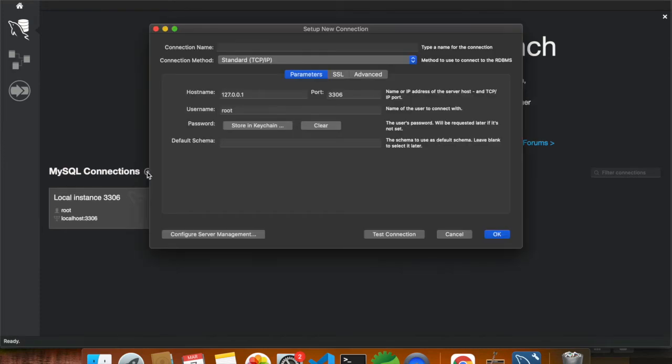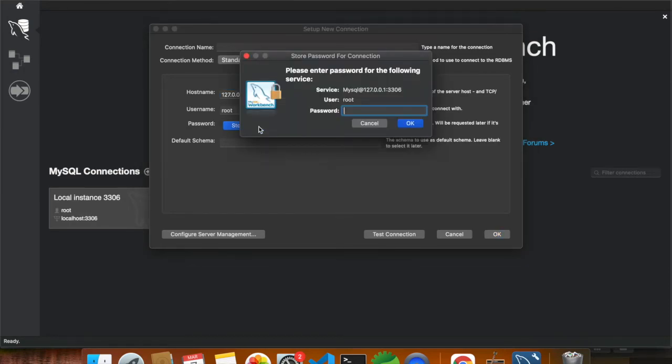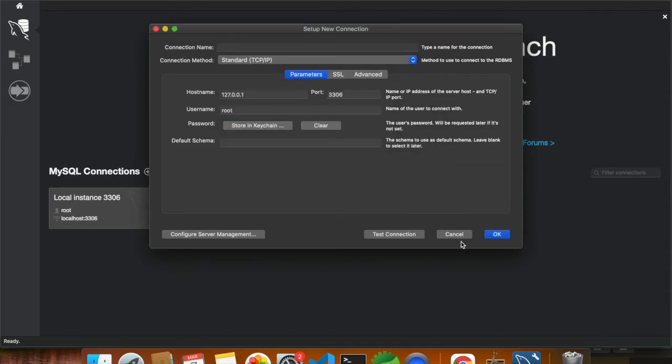If you click on this plus, this pop-up will be there and here you have to fill the details like the name, URL, port and etc. Here you can see connection name is there, connection method is there, and host name, port, username and password. So these things you have to provide. Once you provide this, you can click on next.